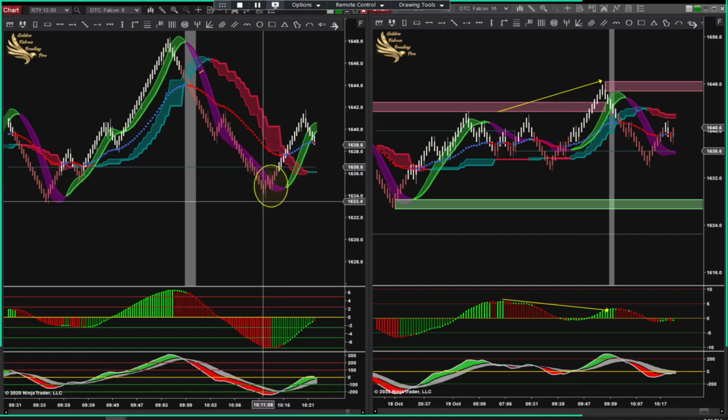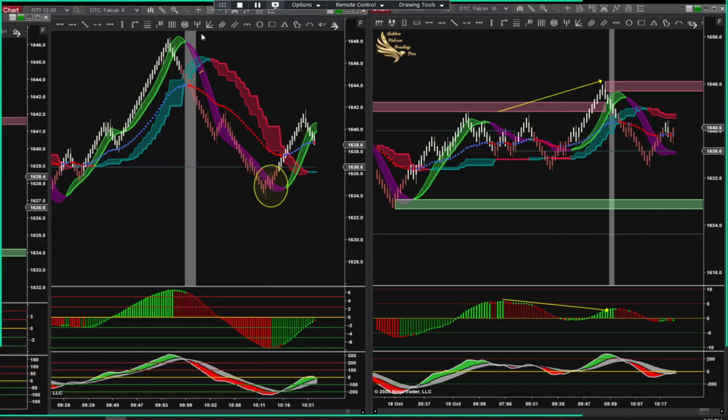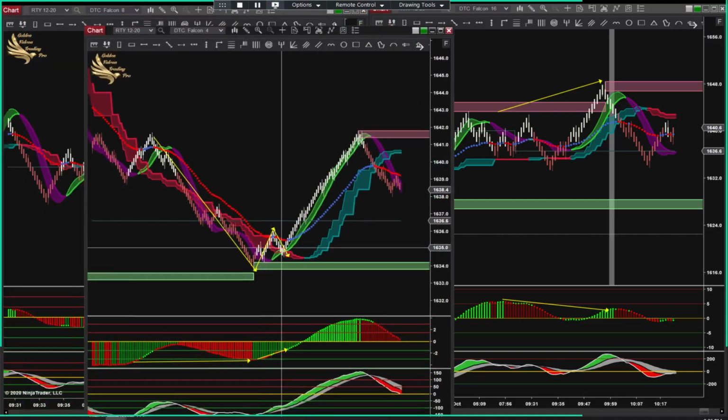So if you know that that's a 1-2 wicking off the inside of the eagle, on your 4, you know it's going to be a 1-2 wicking off your hawk, because you know that your hawk on the 4 is your eagle on the 3. Another thing to point out, the importance of this is